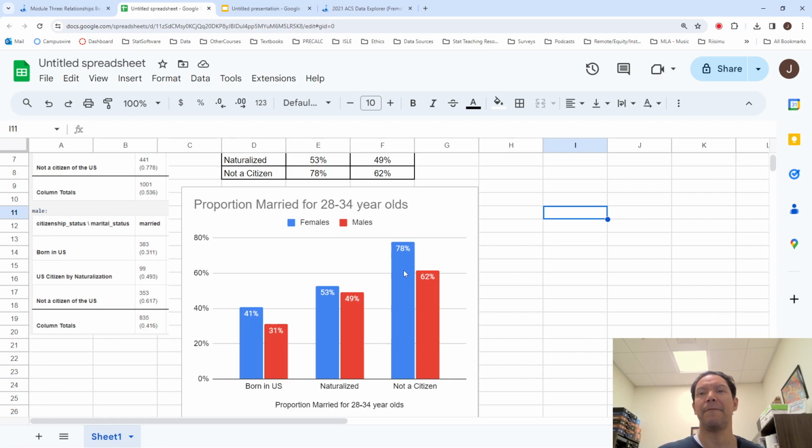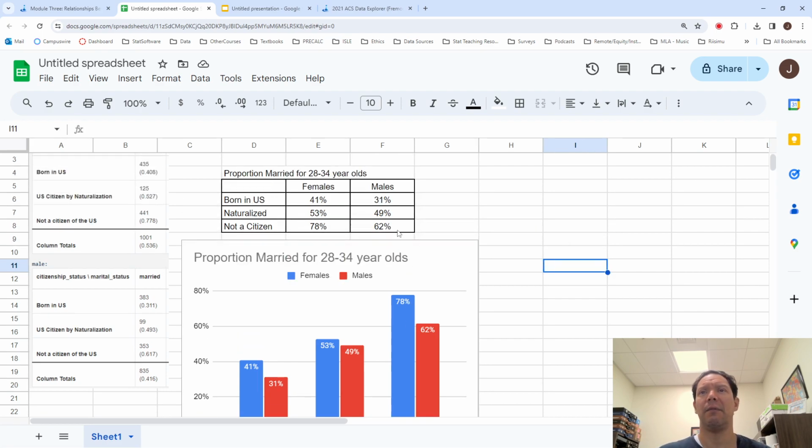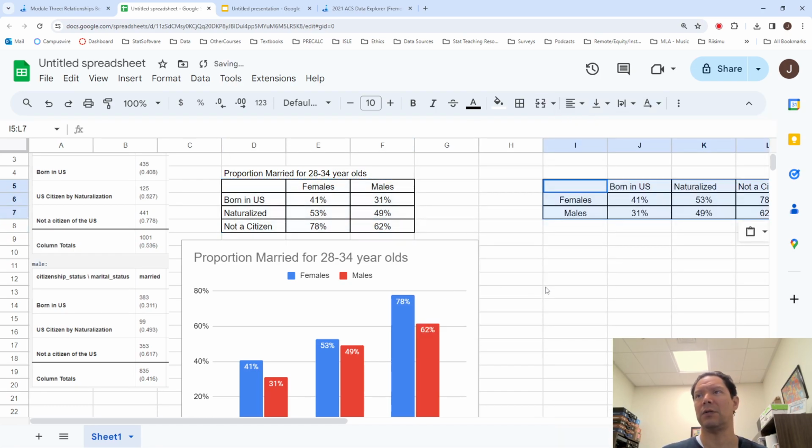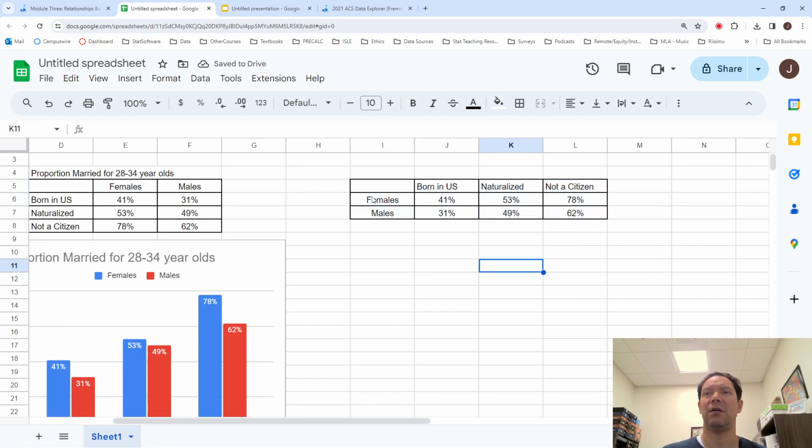This is a pretty nice looking graphic. The thing about this graphic is it's really emphasizing the differences between males and females based on citizenship status. We can also see the differences in marriage rate based on citizenship status as well, but it's a little bit harder to do. So one thing we might want to do is copy this table. I'm just going to copy it, and then I'm going to do something called paste transpose. Transpose will change the rows and the columns, and now I can highlight this and go insert chart,